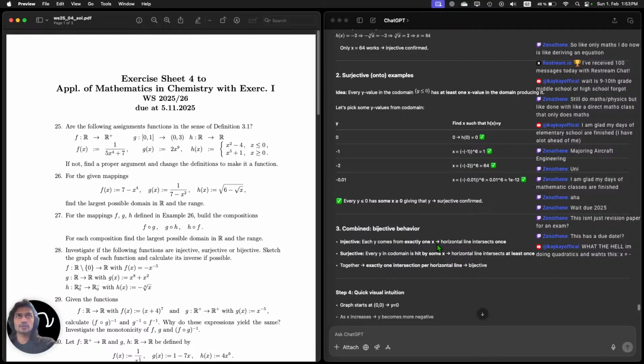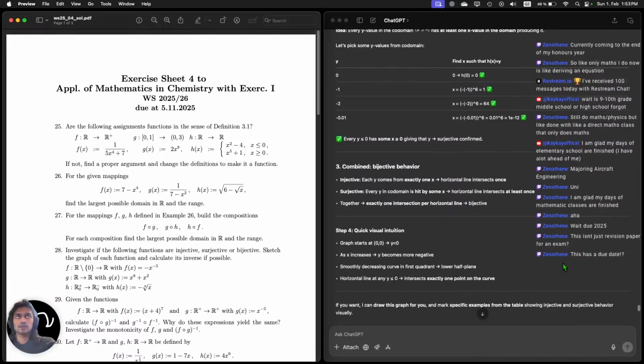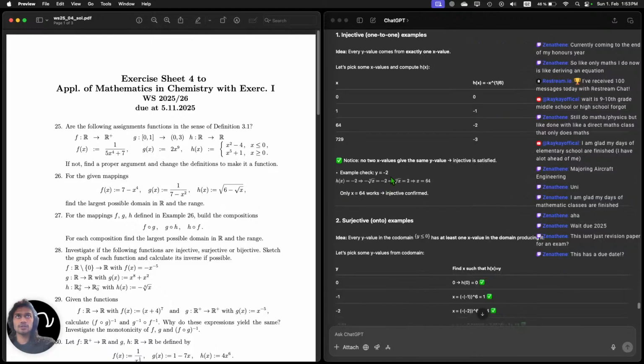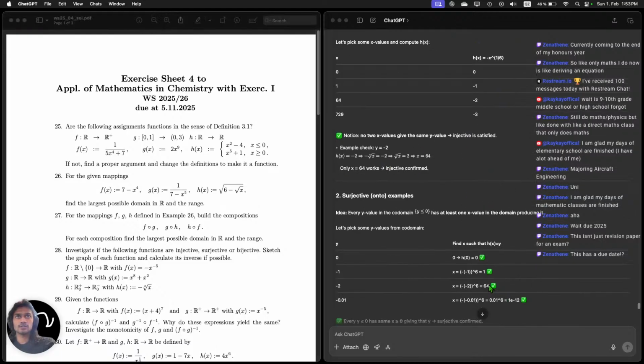Y comes from exactly one horizontal line intersect. So this part is really interesting. 64 minus 2, 64 minus 2. 0, 0.01. I'm guessing if it's 12, then